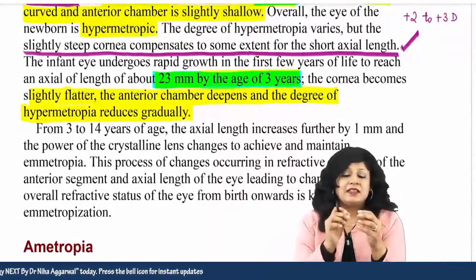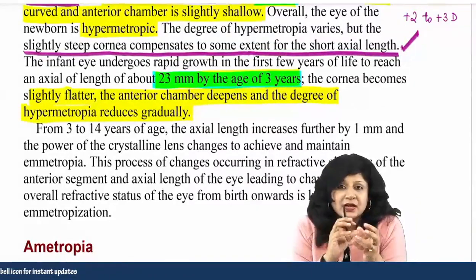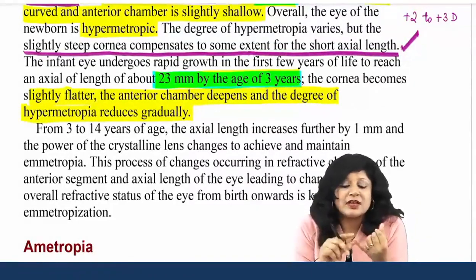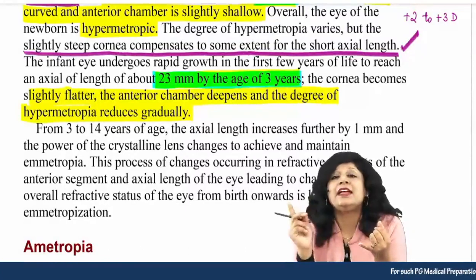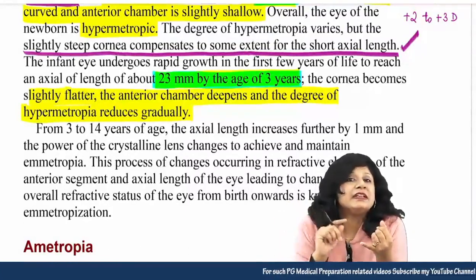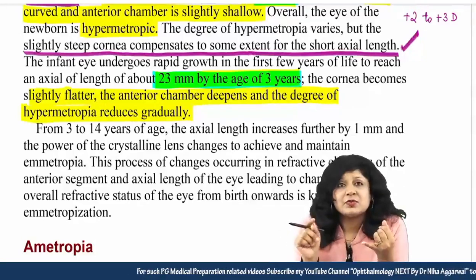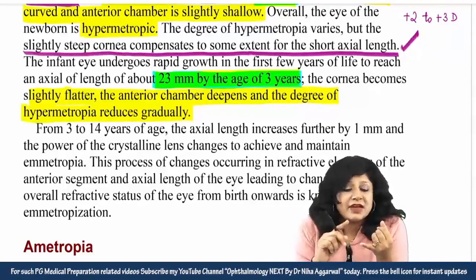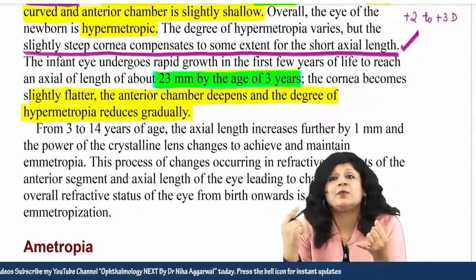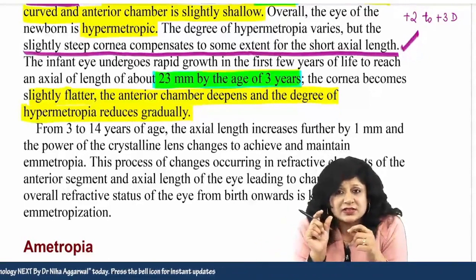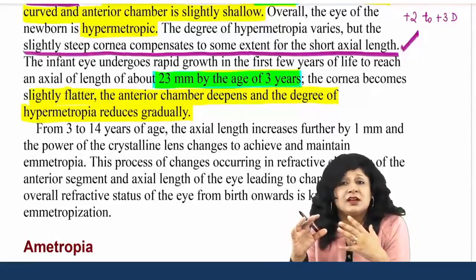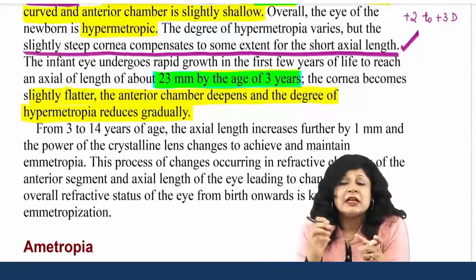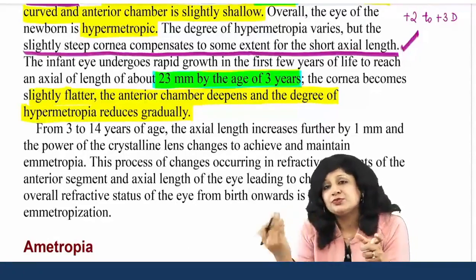So I think they have made some changes here in the axial length also. Now they are saying that the axial length is 18 mm at birth, and by the age of 3 years it is reaching 23 mm. And you know, in the adults we have 23, 23.5 and 24. So it is still to cover one more mm, but a lot of changes occur in the first 3 years. From 18 mm it is reaching 23 mm.